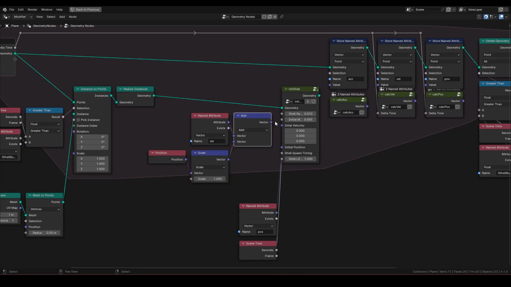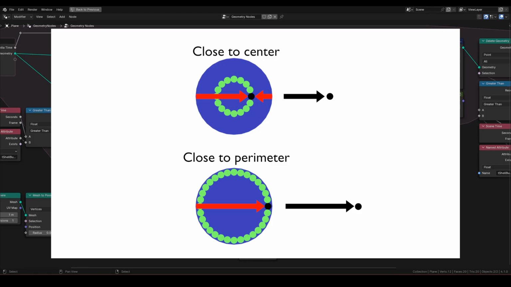To explain this, we need to understand initial velocity becomes larger when star is set further away from the center of the shell. Just to illustrate, when star is set closer to center, there's going to be force from both sides canceling itself. If star is set closer to perimeter, there's only force acting from one side, thus travels faster.